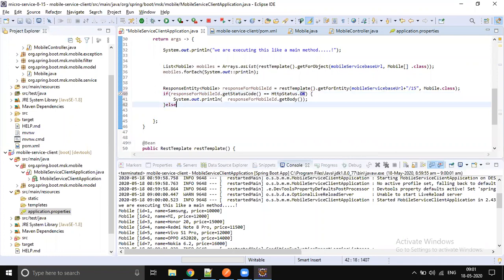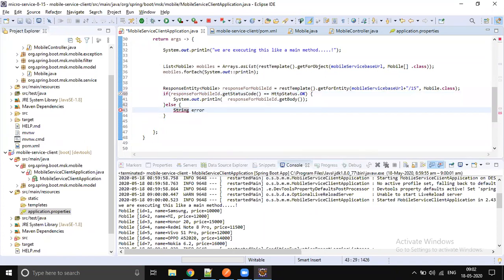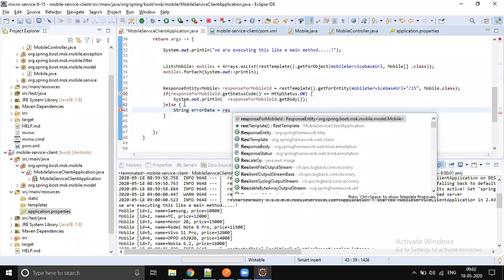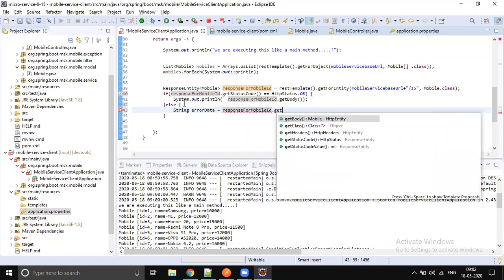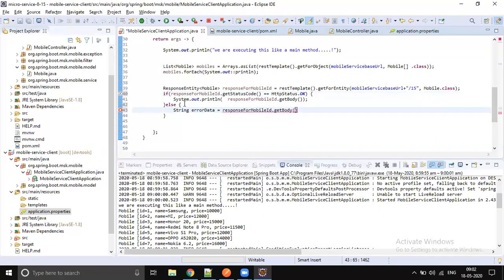If it is not a success, then get the error message into a string: error data from responseForMobileById.getBody. It's not a Mobile, it's ErrorDetails. Now print it with System.out.println.